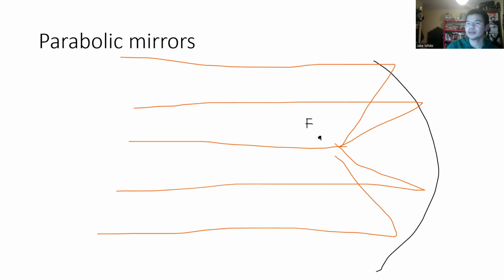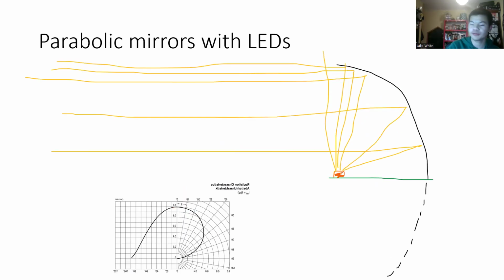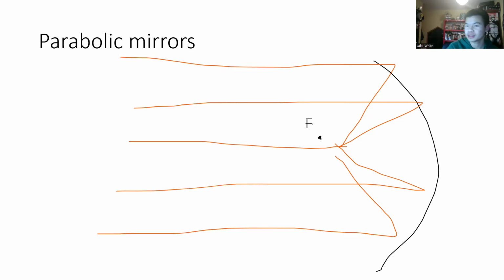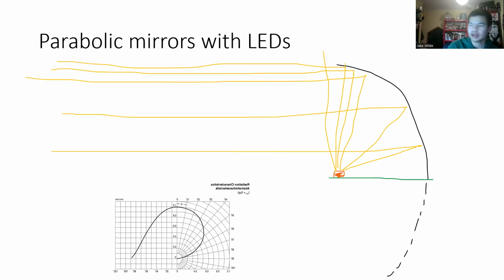This can be used by making mirrors parabolic in shape. What happens here is all horizontal light coming into this parabolic mirror will bounce off the mirror and then end up focused at one singular point called the focal point. And if we were to use this with an LED, for example, we will reverse everything. Now instead of receiving light at the focal point, we're sending light from the focal point. The LED sends light out, it hits the reflector, and then bounces out horizontally, evenly